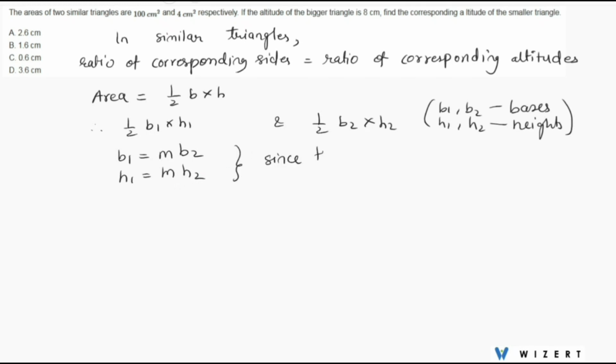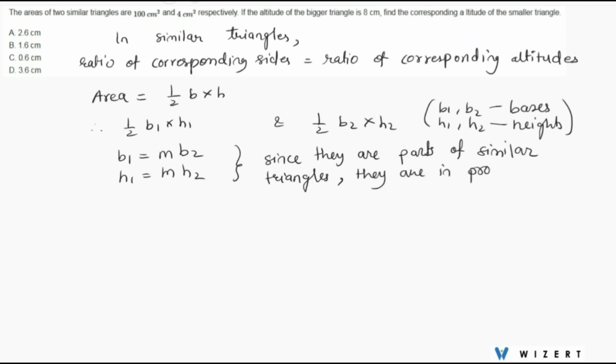Since they are parts of similar triangles, they are in proportion. So the factor multiplying bases is going to be the same as factor multiplying height in this way. Now we are given that area 1 is equal to half b1 h1, so half